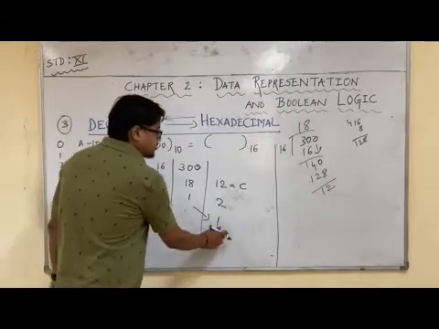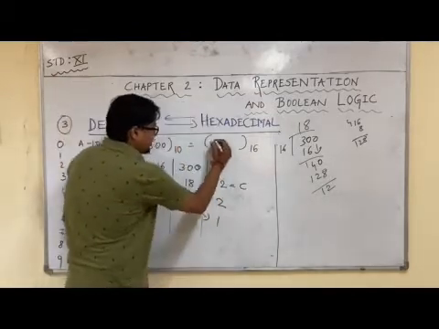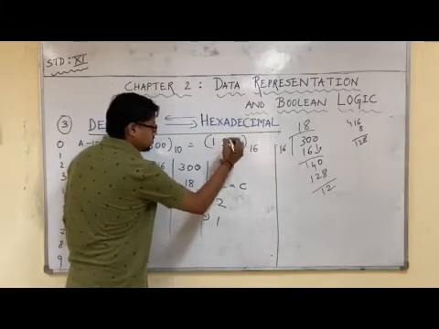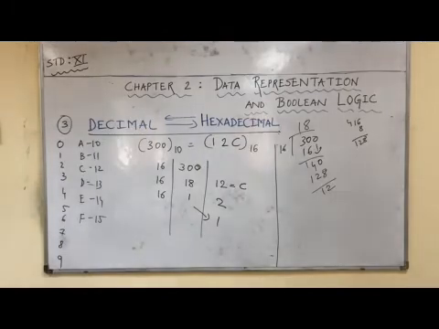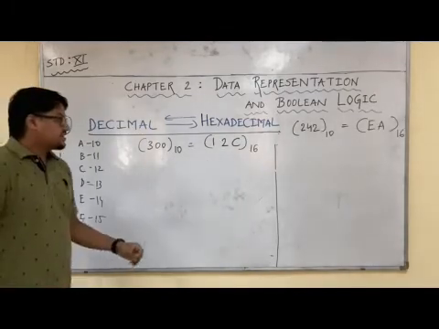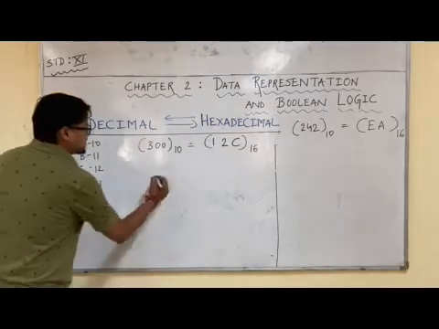So again MSB, LSB, what is our answer, students? If we write in reverse order, it is 1, 2, C. I hope you are understanding how things are going on. Now finally, students, let us convert from hexa to decimal. The hexa to decimal method will be the same.